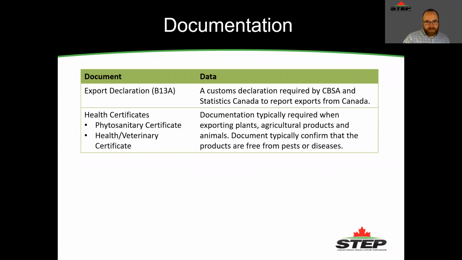Other documents that come up include the export declaration, which is done electronically now. And if you do have a food product or an agricultural product, it could be phytosanitary certificates or health certificates. There could be certificates of conformity for other things. So you really do want to look at your product, check out the regulations in that market, and work with your importer to figure that out. If it's a consumer who's just buying something that you put on Amazon or on your website, they're probably not going to have any idea what to do.